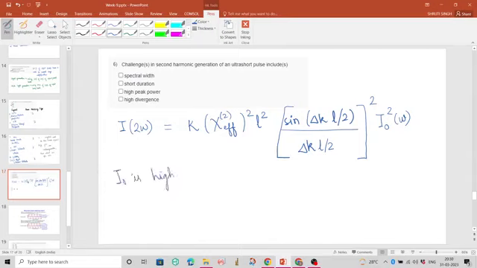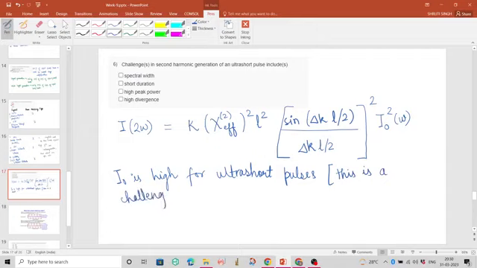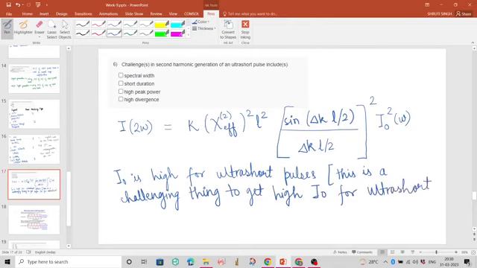I naught is high for ultra short pulses, but this is a challenging thing, to get high I naught for the ultra short pulse. First thing is this one. Next is